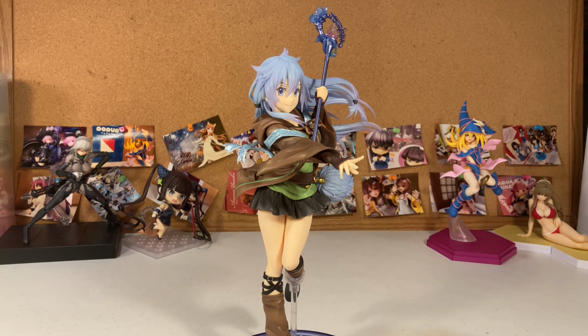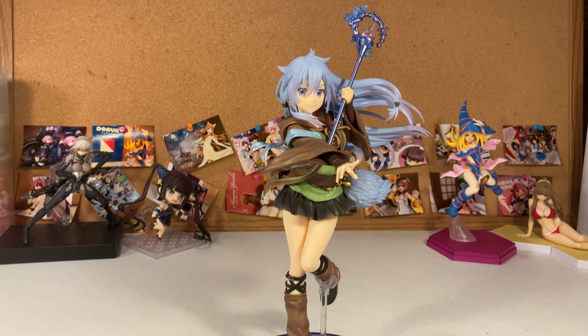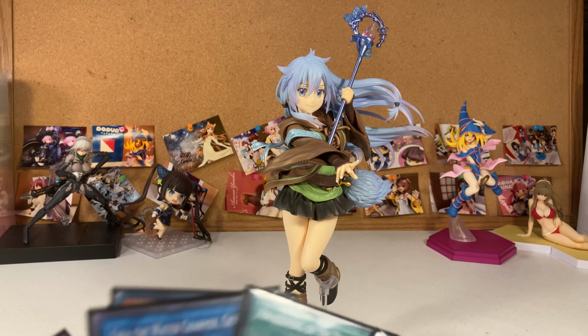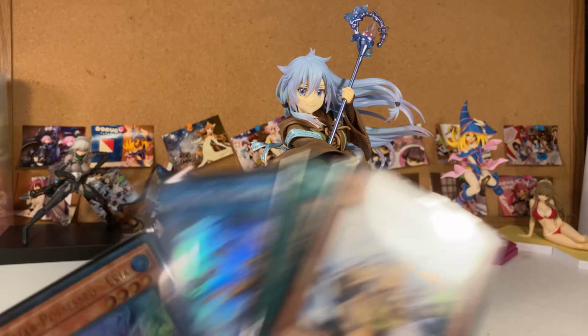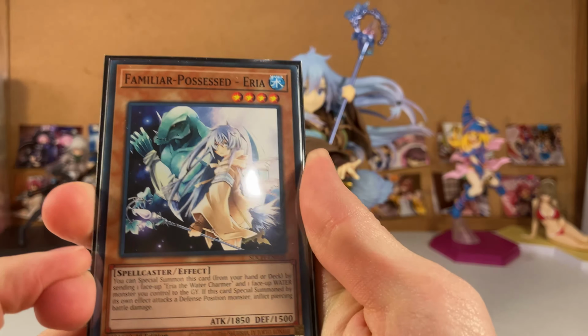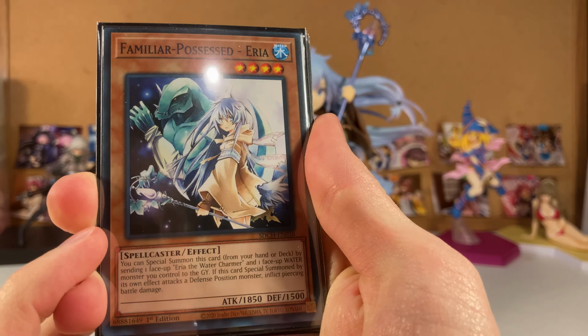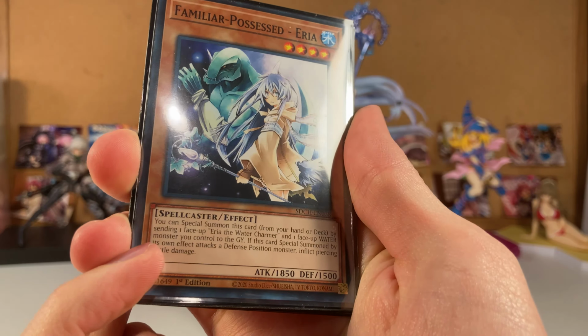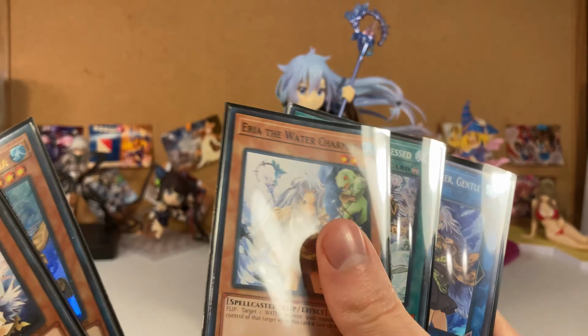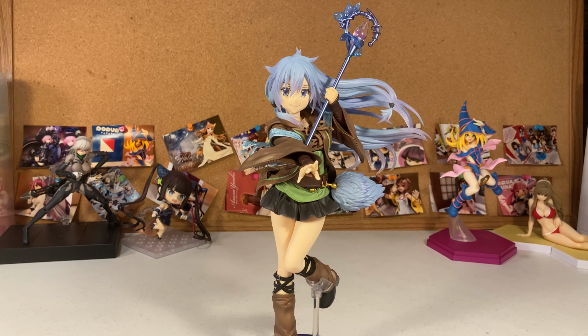It's hard to talk about this figure in a should-you-buy-it, should-you-not stance. If you like her design, sure, you can just get her. If you never really played with her as a card and didn't grow up with her back in the day, this is the most familiar card I have of her, because you had like a water deck or something. She was a super strong 1850 monster that you may or may not special summon if you use the Charmer. But to me, I'm super happy to be buying all 4 of these,